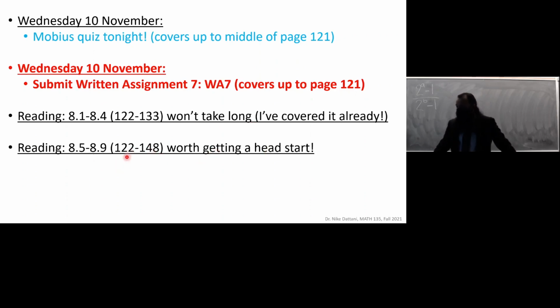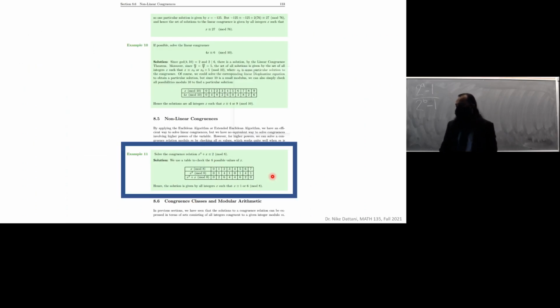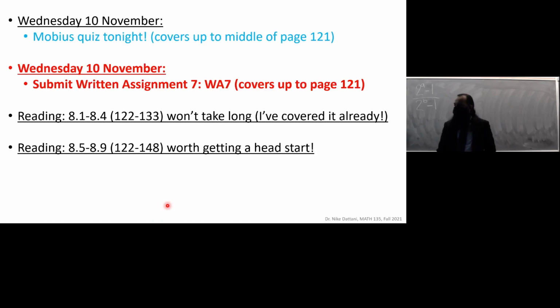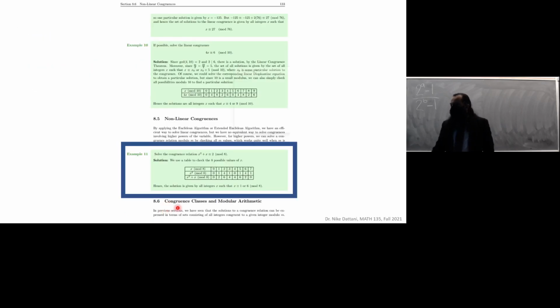The next thing, pages 122 to 148. It's on the Math 135 schedule on Learn. It's supposed to be next week, but it's worth getting a head start, and I told you the reason why last time. Okay, so in the course notes, if you look at the course notes, we have here